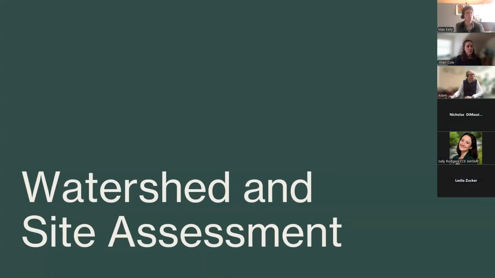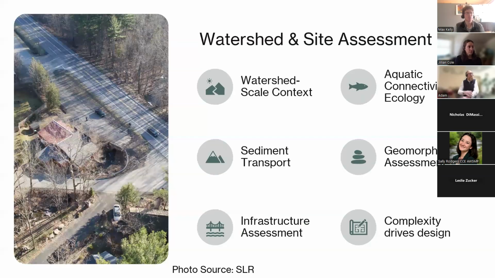Okay, so moving a little bit towards watershed and site assessment to set you up for considering geomorphology and road stream crossing design. So you really want to start at a watershed scale context. So start to look at and understand the hydrology and factors influencing how water is delivered to the road stream crossing. In terms of aquatic connectivity, you're not looking at just the crossing, but potentially upstream and downstream as well,